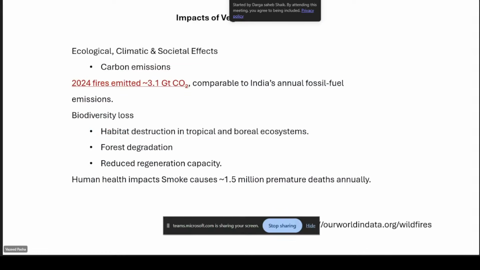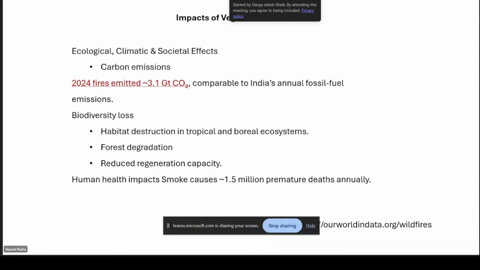So why do we need to study forest fires? We know the ecological, climate, and societal effects of forest fires, especially the commonly used term, carbon emissions. In the recent past, especially 2024, around 3.1 gigatons of CO2 emissions happened at global scale, which is comparable to India's annual fossil fuel emissions.